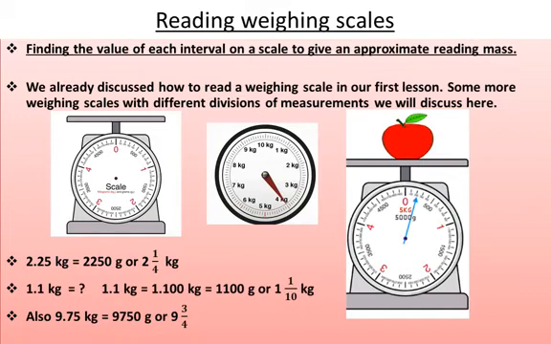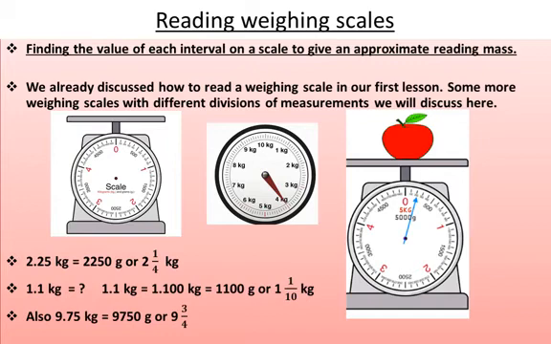We will see the first one. In the first one, you can see it has 0, 1, 2, 3 and 4 in red color. So how many kilograms can we measure using this weighing scale? It measures 1 kilo, 2 kilo, 3 kilo, 4 kilo, then it will measure 5 kilo. They didn't show it, but that doesn't mean it will not show 5 kilo. We can weigh up to 5 kilo using the first weighing scale.